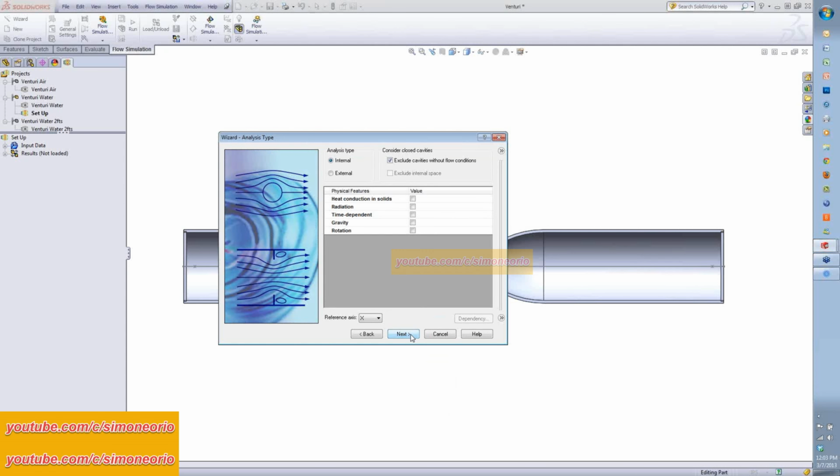The next step is to tell the software whether this is an internal or an external flow. We can handle both inside of Flow Simulation. This is actually going to be an internal flow. We can also handle heat conduction in solids. We have conjugate heat transfer inside of Flow, so conduction, convection, and radiation, which we can turn on here as well. We can do a transient analysis or steady state, which is what we're going to do, so I'm not going to turn on time dependency. I can include any natural buoyancy effects due to gravity as well, and any rotational frames. For this case, we're going to use the stock internal flow.